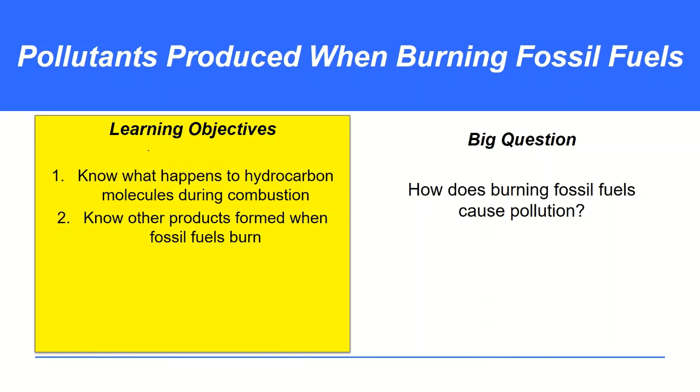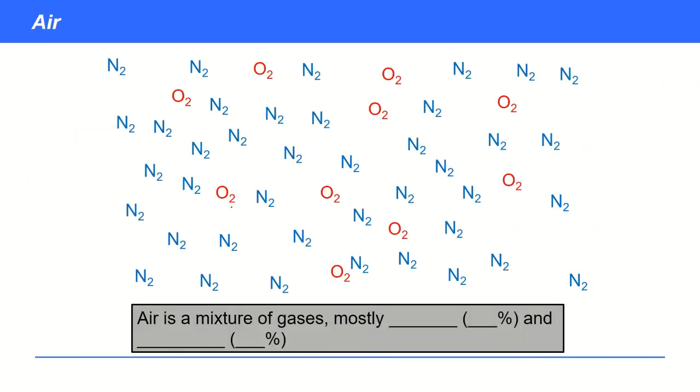Welcome to this video on pollutants produced when burning fossil fuels. We want to try and understand two things during this session. What happens to hydrocarbon molecules specifically during combustion, and we want to also discuss a couple of other products formed when fossil fuels burn. So first thing to understand is that fossil fuels are going to be burning in air,